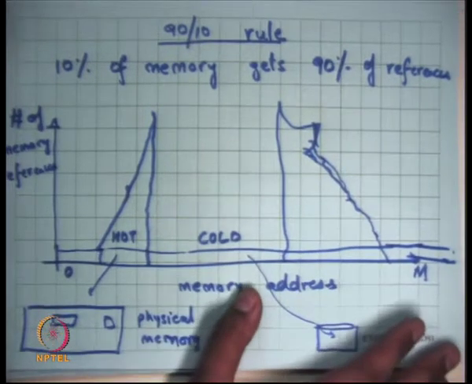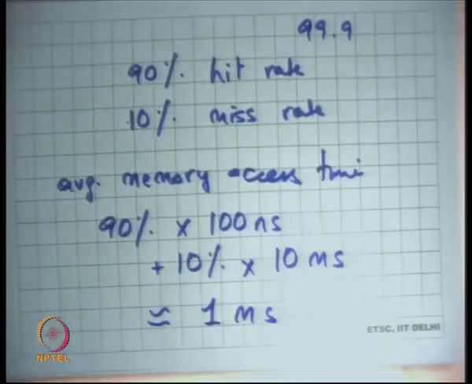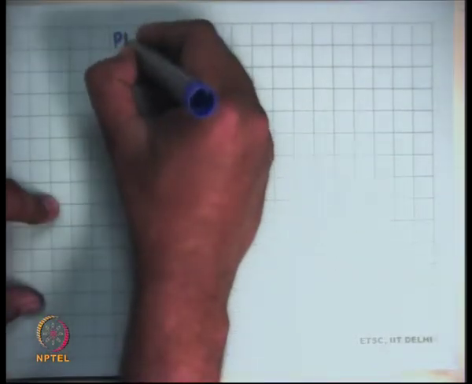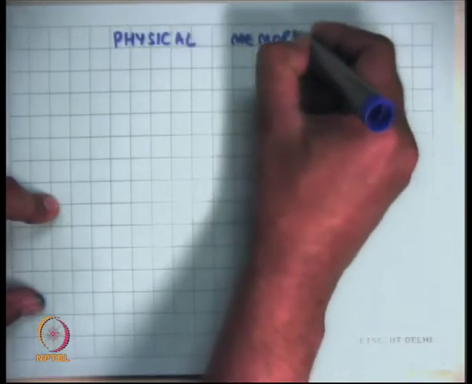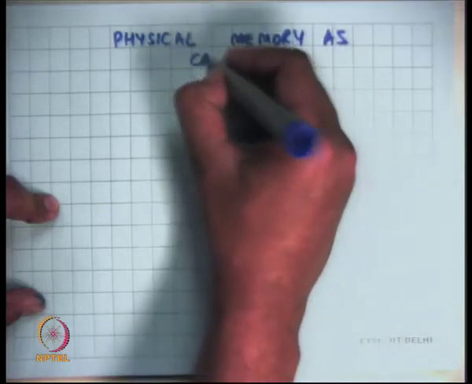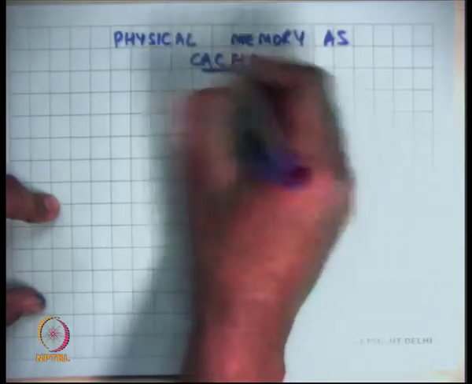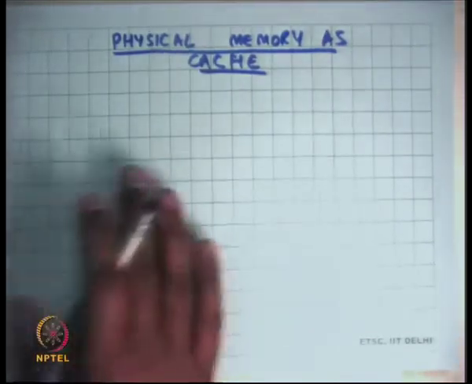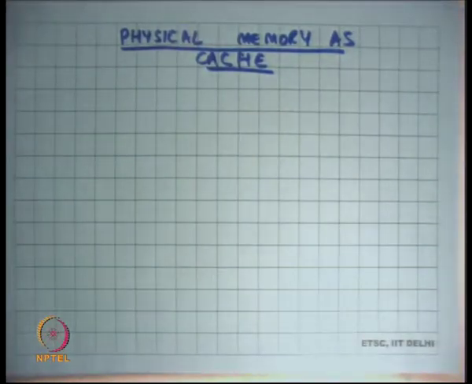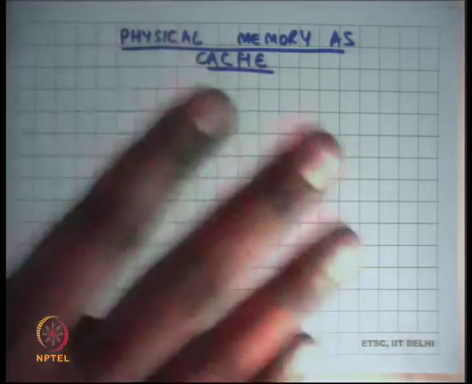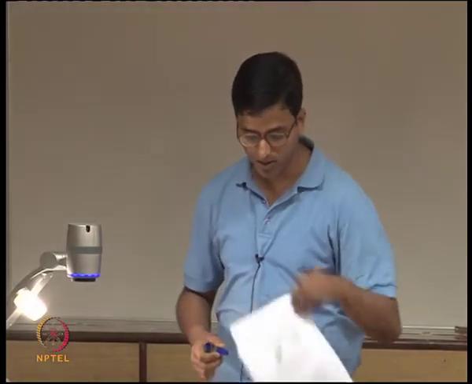Okay. All right. So we are saying that the physical memory is a cache, right? One way to think about this entire demand paging scenario is to think of the physical memory as a cache to the disk, which is much bigger. So clearly, anytime we talk about a cache, we know that the cache has to be smaller than the entire data set, and so whenever you talk about a cache, you have to worry about some things.